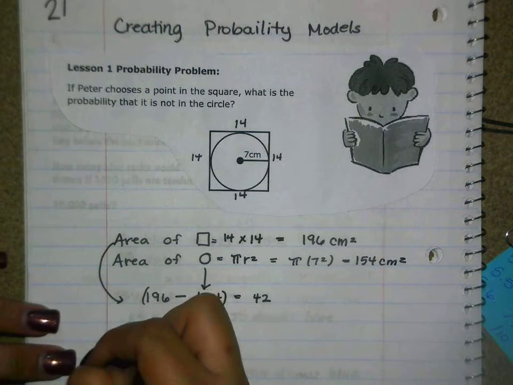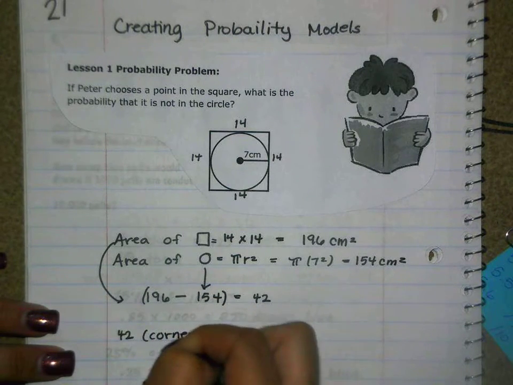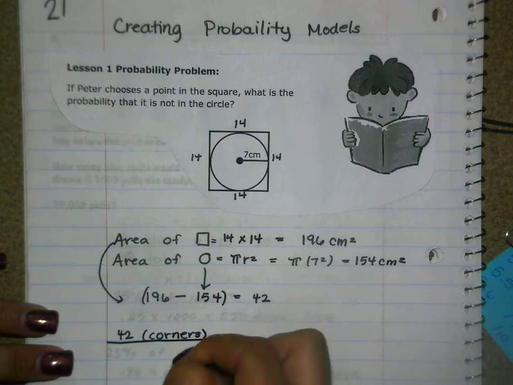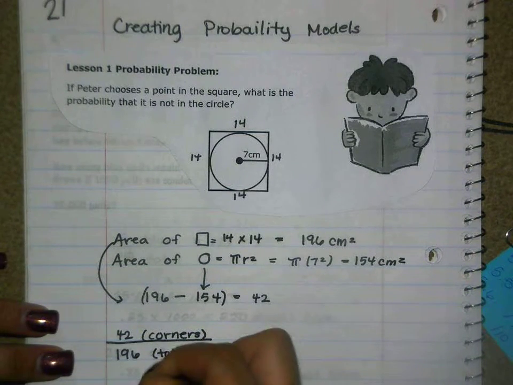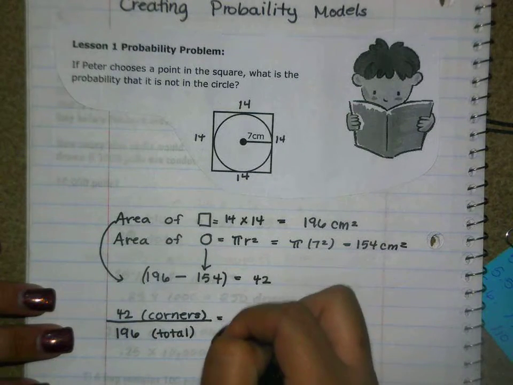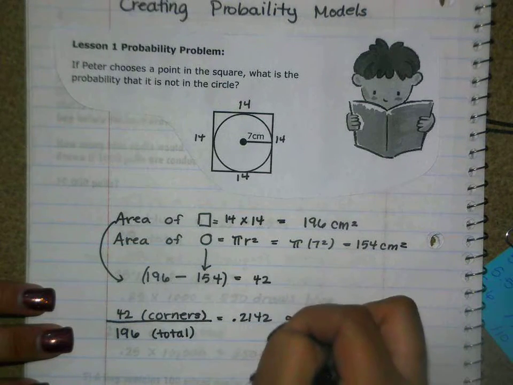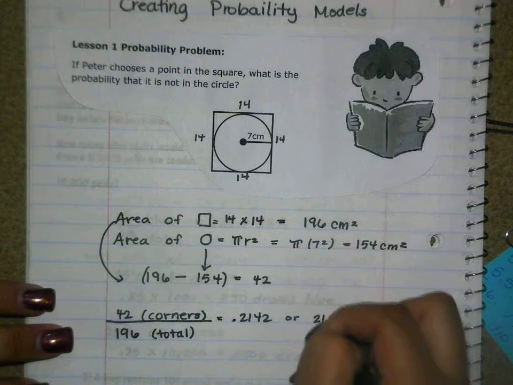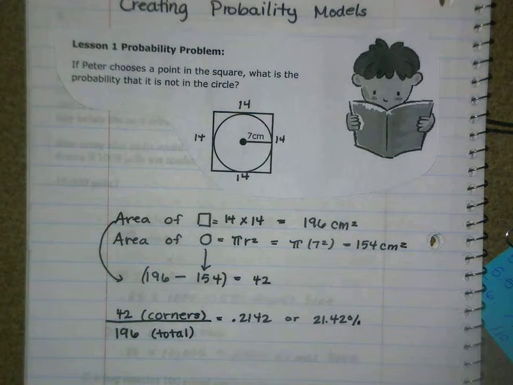So we would say that the 42, which we know is the corners, out of a total possible 196, so we would say this is total, right, is 0.2142, and we turn that into a percent, we would say, or 21.42%, because these are always going to be in percents. So there's a probability of 21.42% that we are going to